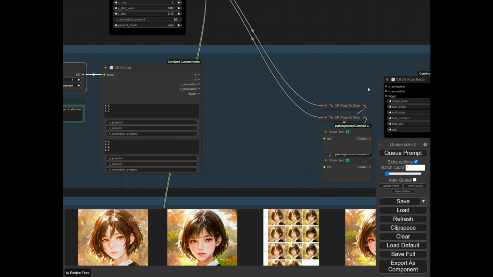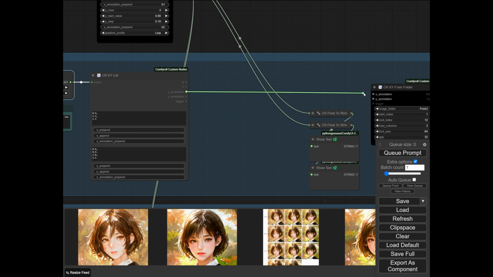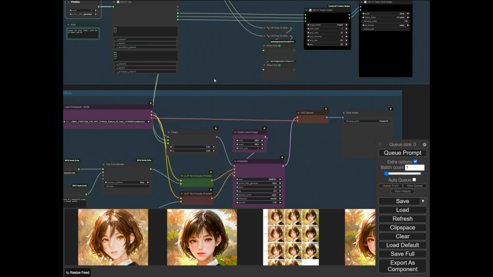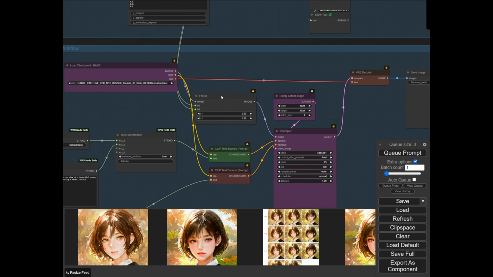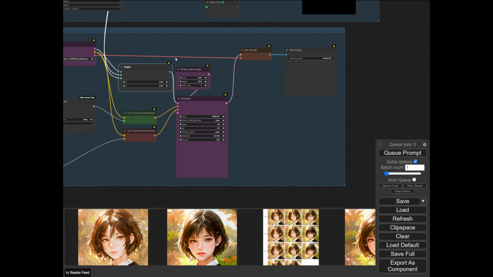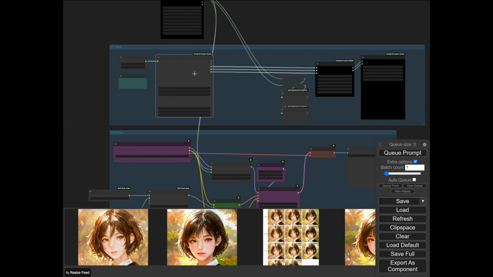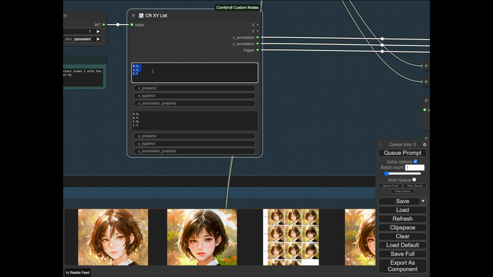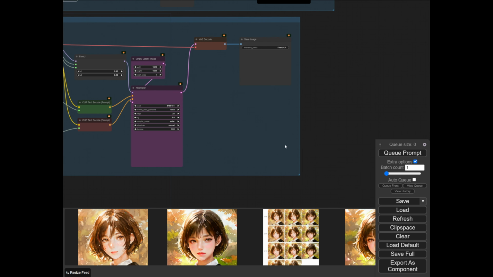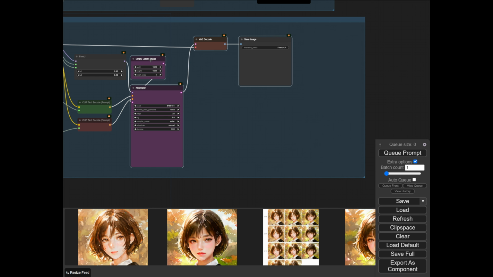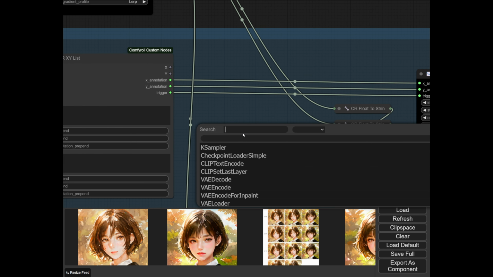Next up, we have the annotation. We can just straight up connect these, as well as the trigger, like that. We just have to connect these XY values into the FreeU node now, down here. However, there's a bit of a gotcha here because we're working with text. This is all text, and we have to convert that into a number and a float. So let me just make some room over here. So we need text to number,